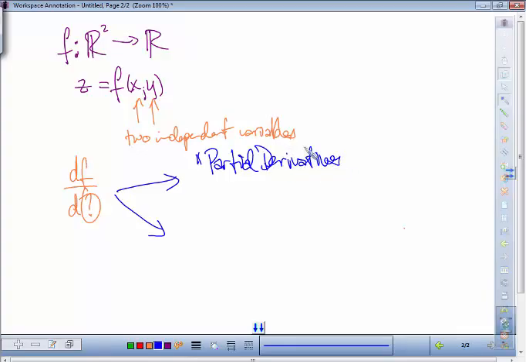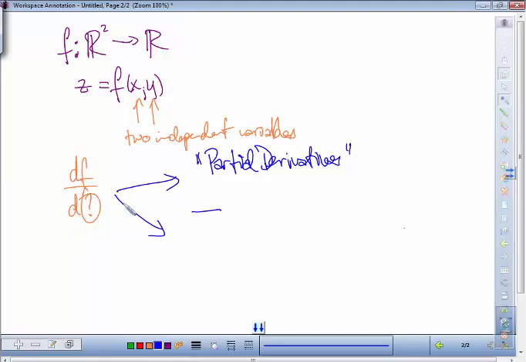Because these derivatives are with respect to one variable, but then the other variable is not involved, or is involved in a way that you can pretend that it's constant. And then same thing would happen to the other variable. So these are the partial derivatives. And the notation is going to be a little bit different now. Instead of